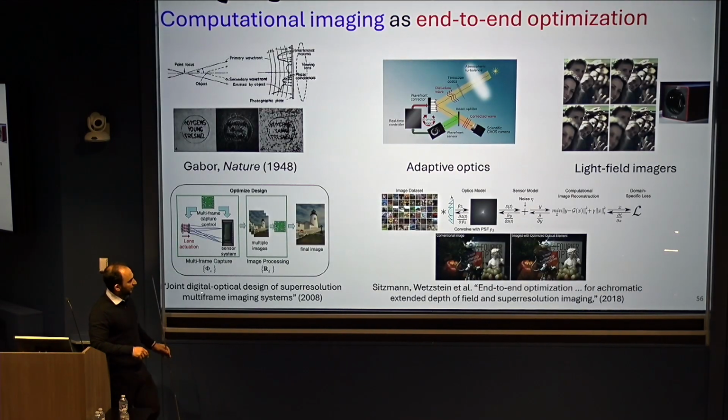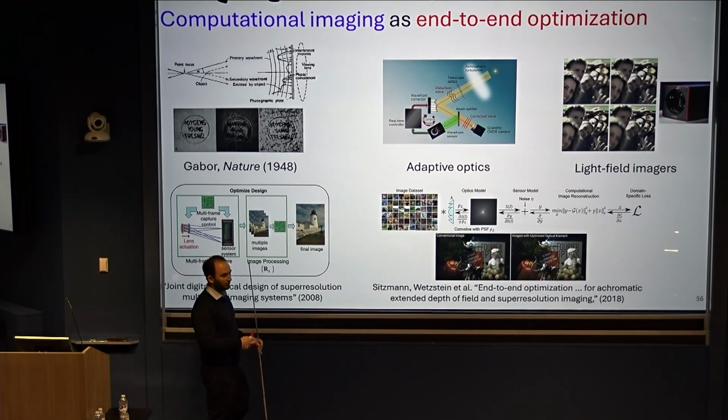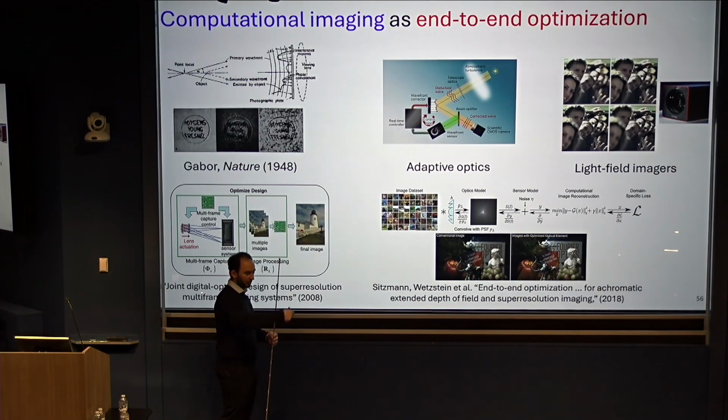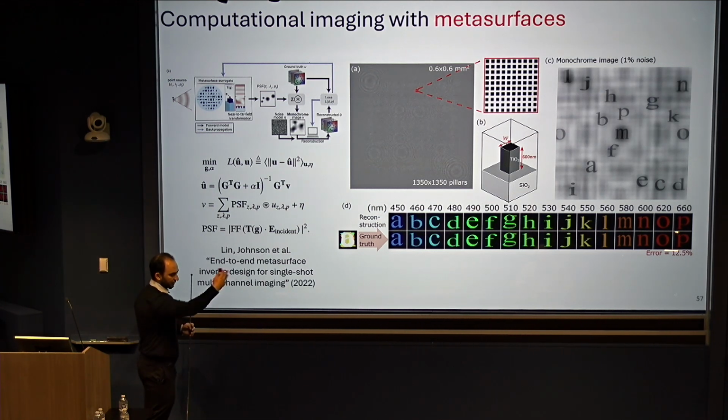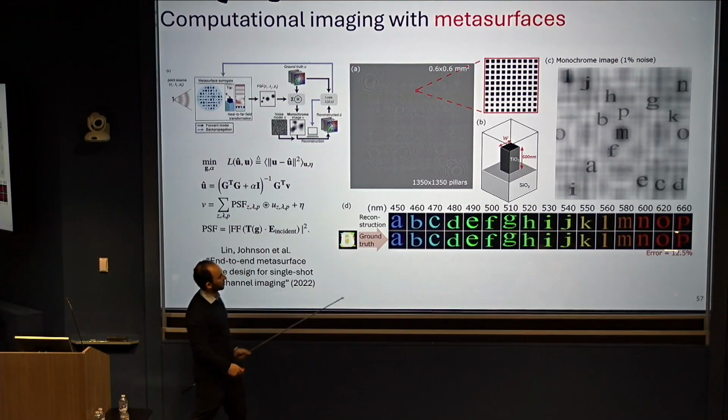There's a long history of computational imaging. What has become clear is that people now just model the system end to end. I have my photonics. They interact with the detectors. And then I have algorithms on the back end. And I can just optimize the entire system forward and backward. And Stephen gave a beautiful talk on this at Simon's a few years back, where they did exactly this end-to-end process. And they had a metasurface. And then they had detectors. And then they had a back end to extract images from some set of objects.